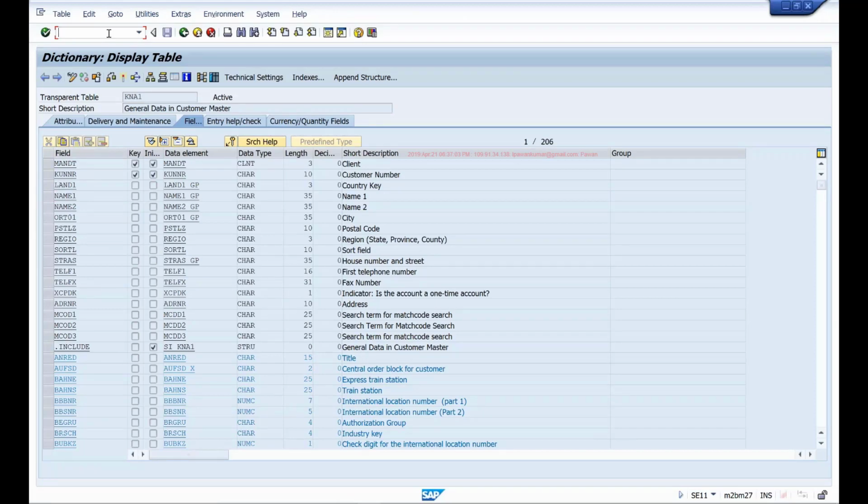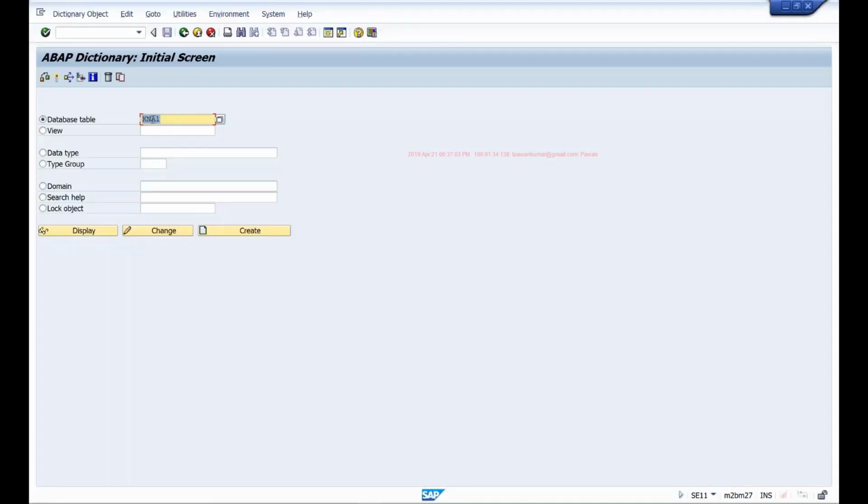We were getting the data about the billing document from VBRK table. If I open this VBRK table, in this table, when you create a billing document, the header data is stored. And when the application is storing the header data, it is storing only the customer number in this table. It is not storing the name of the customer in this table, right? So using that customer number, we can query KNA1 table to get the name of the customer, right?